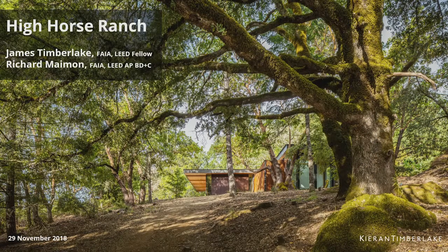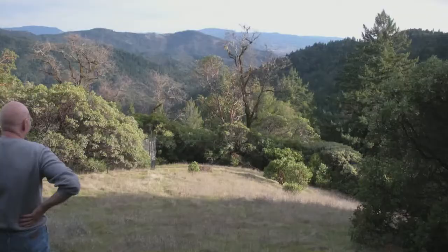This modest project, High Horse Ranch, is the result of a story about two decades of our work to develop, encourage, and perfect the reality of high-quality off-site construction. It involves a second home in Northern California on a 2,100-foot mountain ridge with great views of the Mendocino National